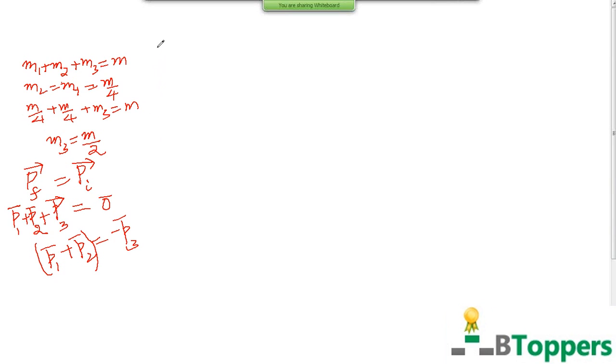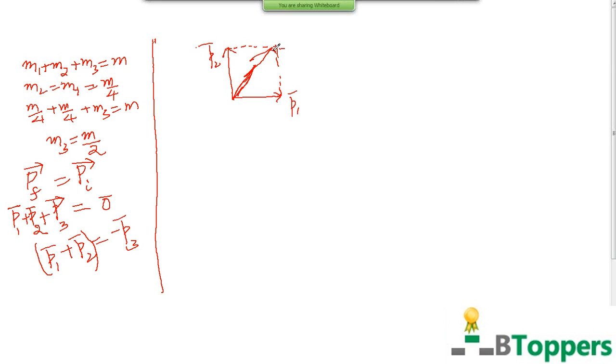It is given that the first two parts move in mutually perpendicular directions. That means P2 bar is perpendicular to P1 bar. If you complete the parallelogram with P1 bar and P2 bar as adjacent sides, it will be a rectangle. The diagonal of the parallelogram passing through their common point of intersection represents the resultant of P1 bar and P2 bar. The momentum of the third part will be opposite in direction but equal in magnitude to the vector sum of P1 bar and P2 bar. So if you take the modulus on both sides here,